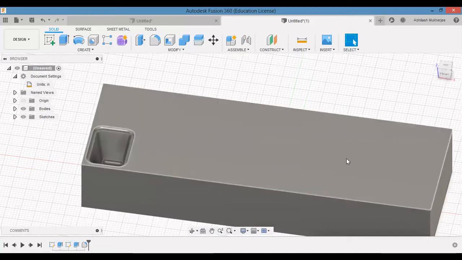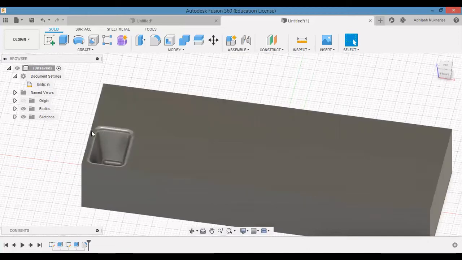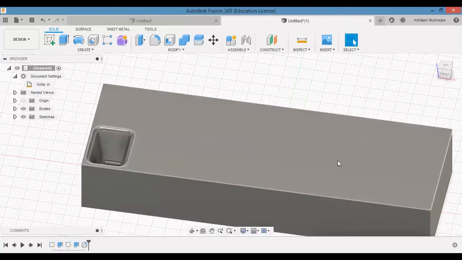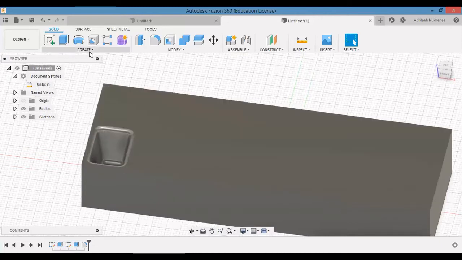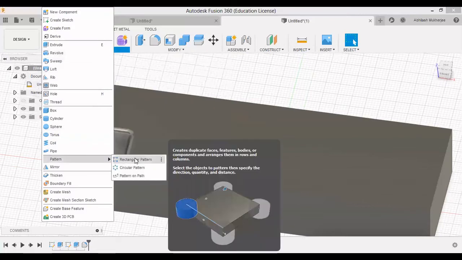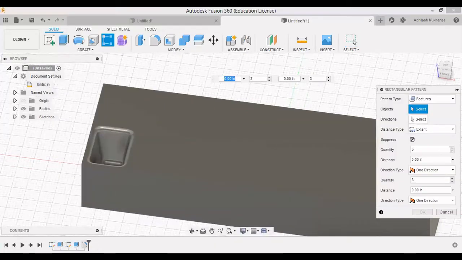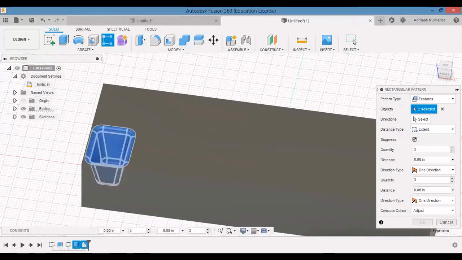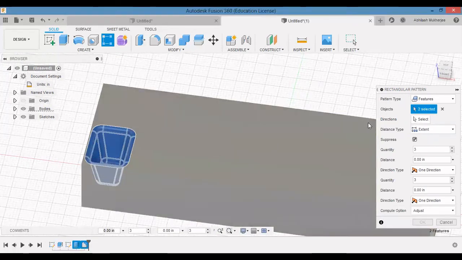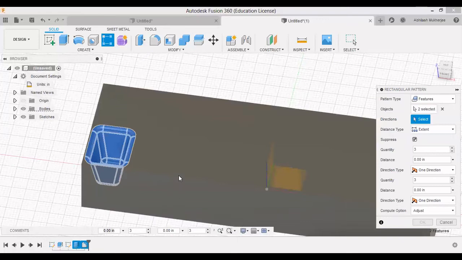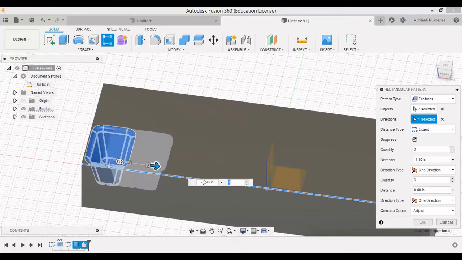Let's go on with making a rectangular array for this so that we can place our ice cubes throughout this body. We can go to patterns, the rectangular pattern, then select features. We can select extrude from here and the fillet as well. Now select direction. We need the cubes to go in this direction, not in that. The value should be entered here, at what distance.